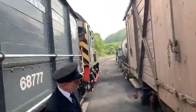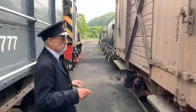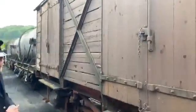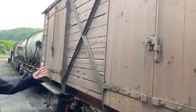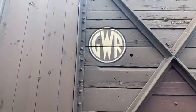Okay, so we were talking up there about various different types of wagon. The first one that we've got next to us here is known as a Fruit D. That rather gives it away. That tells you that this primarily was used for carrying fruit from markets to...